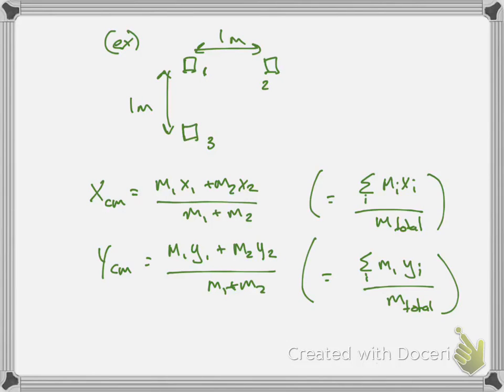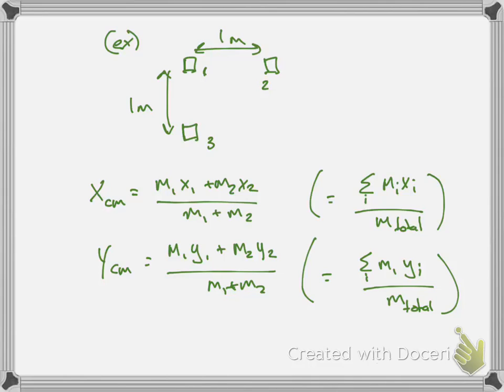So we can just do the same thing in 2 dimensions, since things do exist in 2 dimensions. So just like always, when we move into multiple dimensions, we break it up into the x and y direction. We treat them completely independently. So we've got the exact same equation. Y center of mass is the sum of m_i y_i over m total. X center of mass is what it was before. So we can find this, and notice that I did switch the positions of m1 x1 or x1 m1. It doesn't matter, obviously. Multiplication is commutative or associative or whatever that property is. Anyway, so in the y direction or in the z direction, we've got the exact same equation.